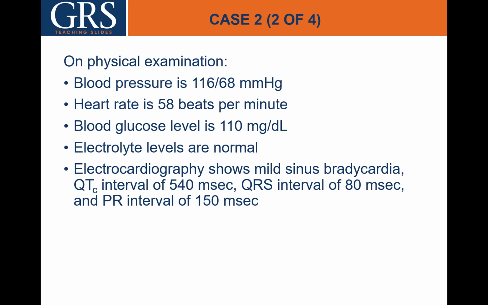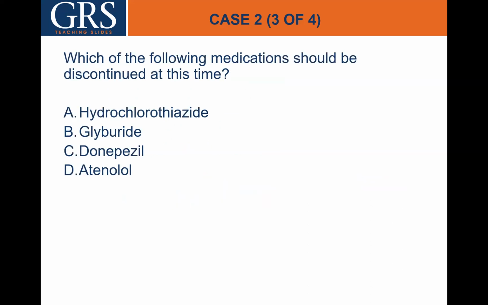So here's another question. What's the normal range of the QRS interval? It's lower than 120 milliseconds. A PR interval of 150 is also in the normal range, and medications that can increase the PR interval include atenolol,